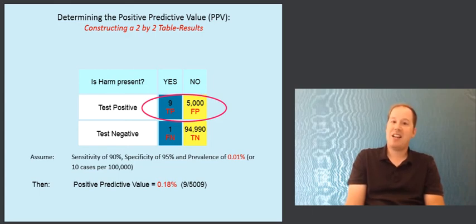This is not a test that's going to tell us much about whether or not we should do further intervention. In fact, most people who would look at results like this would simply say it's not worth actually doing the test, because even if you get a positive result back, the great odds are that you don't have the condition. So even though it will pick up most of the people who have the condition when they truly do, it will not actually be a very useful test because the PPV is so low.